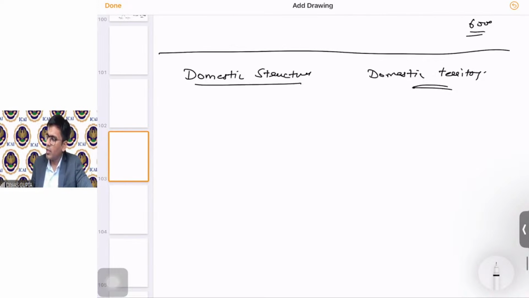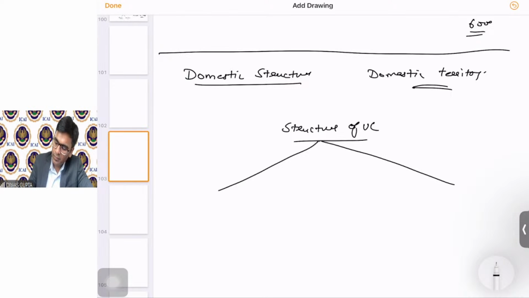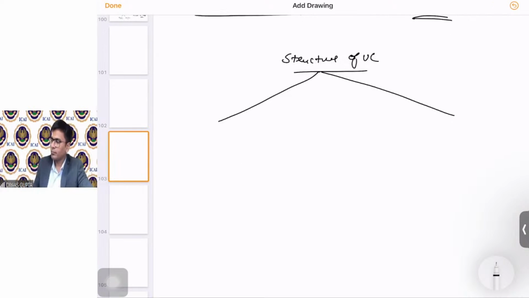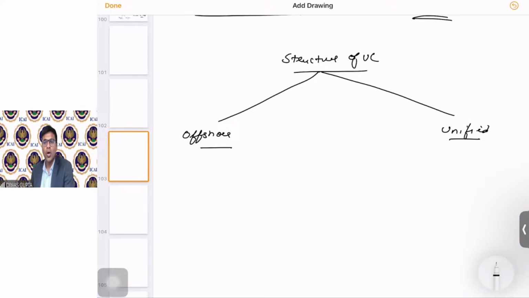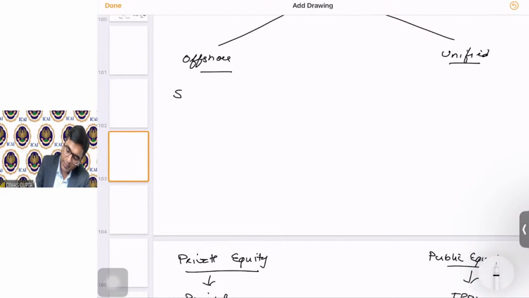Then there is something called the offshore structure. There are another two types of structure of VC: the offshore structure and the unified structure. Okay. So the offshore structure, students, is a structure of VC where the SPV